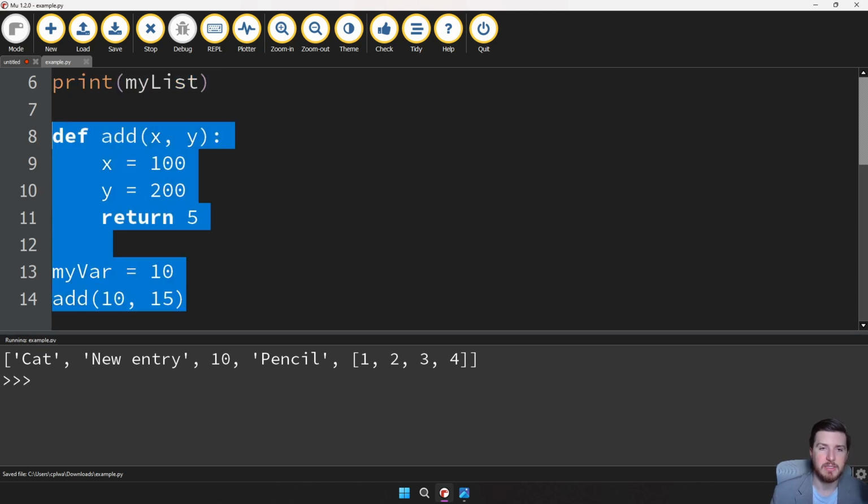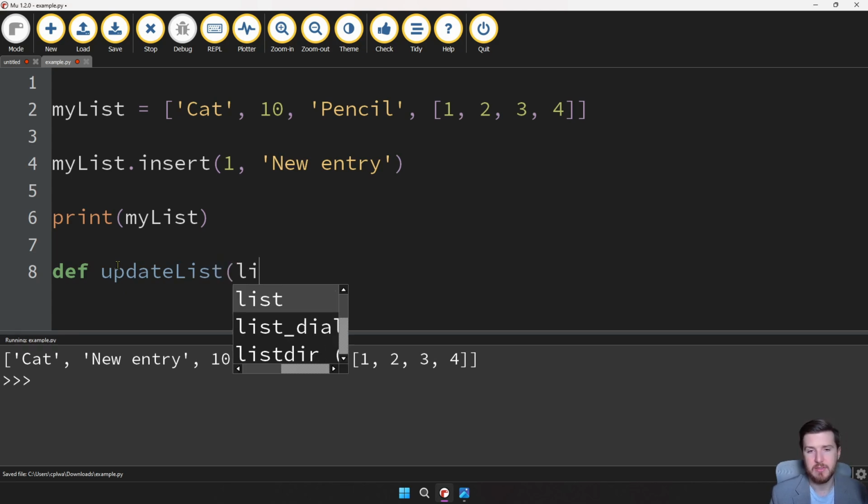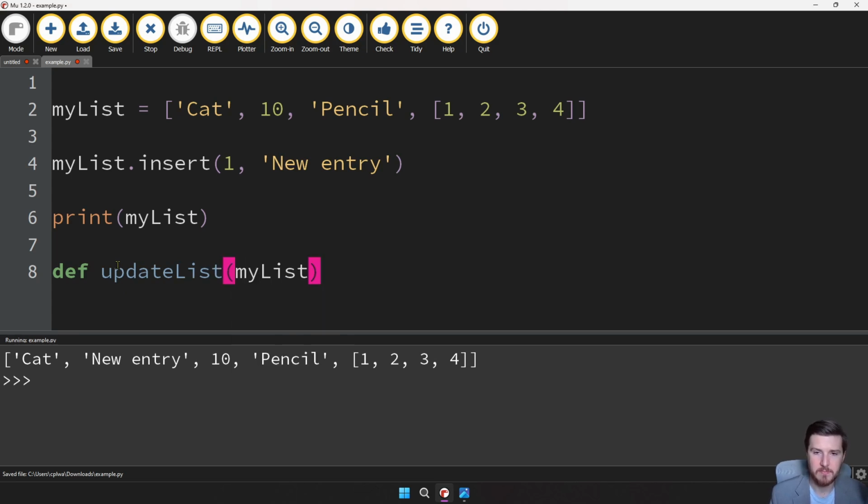Now it's different for lists. Lists don't work that way. When you pass a list into a function, or you call one of these member functions, the actual list that you defined is changed. So if I have a function called update list, and then I have a list, my list,